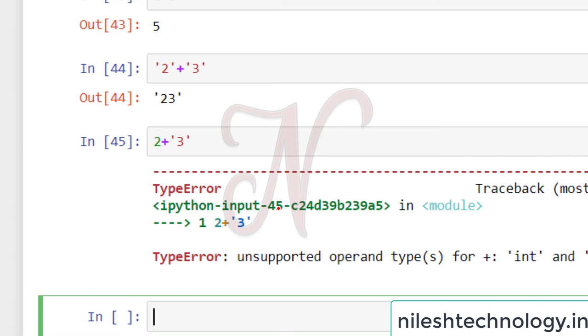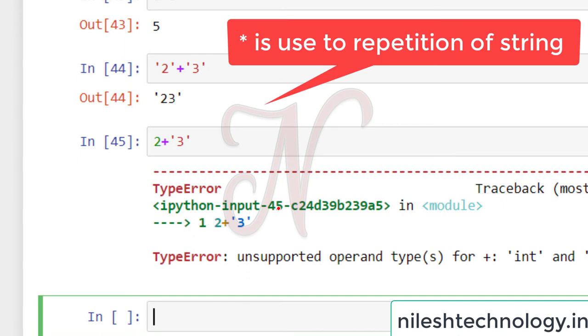Now star has one more use, like the plus. Star is used for multiplication of two numbers, but in a string, star is used to create repetition of a string.